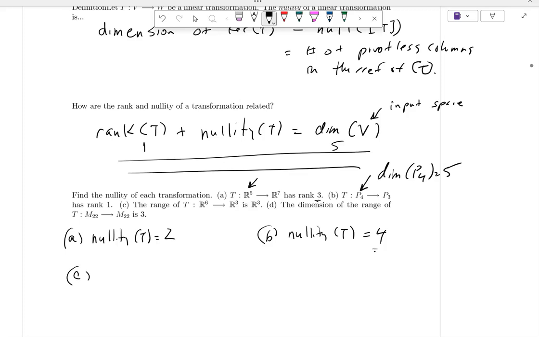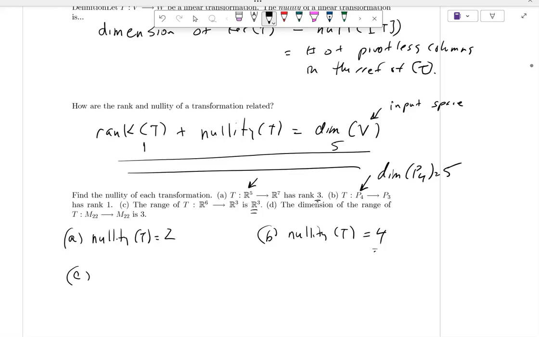Pivot in every column would tell you what instead? Not onto, but 1 to 1, right? Pivot in every column is 1 to 1. Pivot in every row is onto. And then the one that kind of has that same idea with the linearly independent and spanning ideas, right? Okay. In any event,